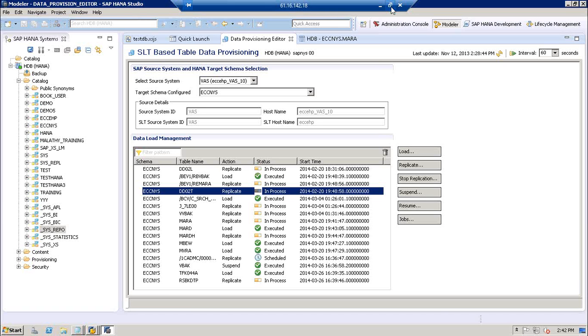At 10 o'clock I am looking at a report and I see a value A for a certain field. Now at 10:10 something changes in ECC, and the beauty of that real-time mode is that at 10:10 the value change B will get replicated immediately from ECC to HANA.